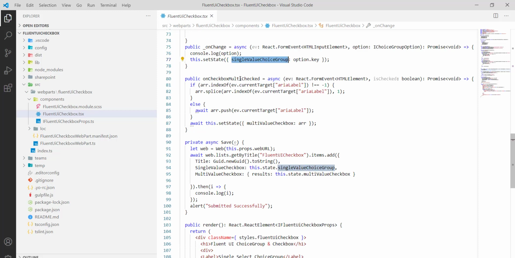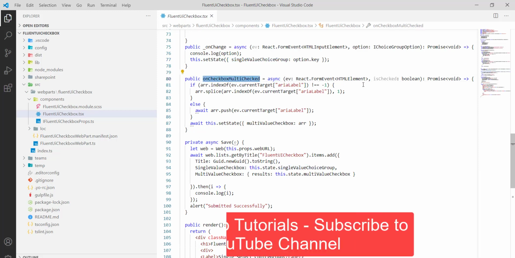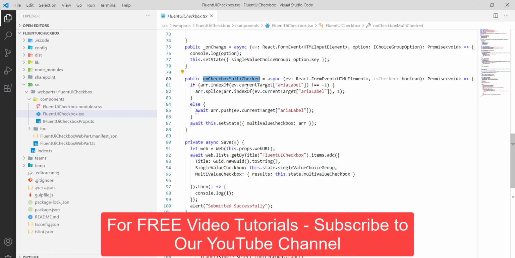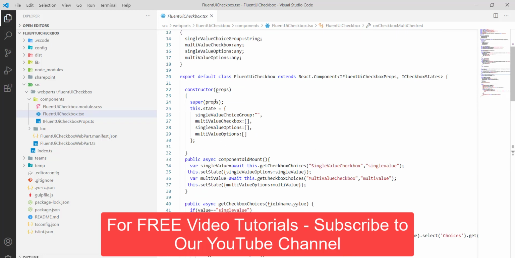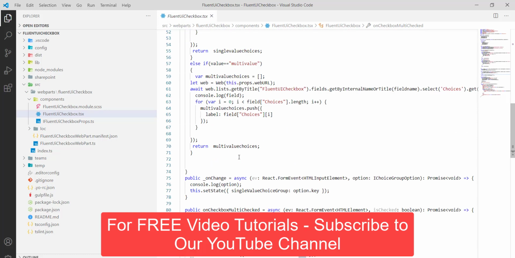But for the other one, multi check, we don't know how many items will be selected. That's the reason whatever the elements will be there, whatever user will select, keep on ticking. So the change event will happen, and then we are setting up this. You can see here we have taken an array, so we are adding into that array. So this is actually a global array that I have taken here. You can see my variable.